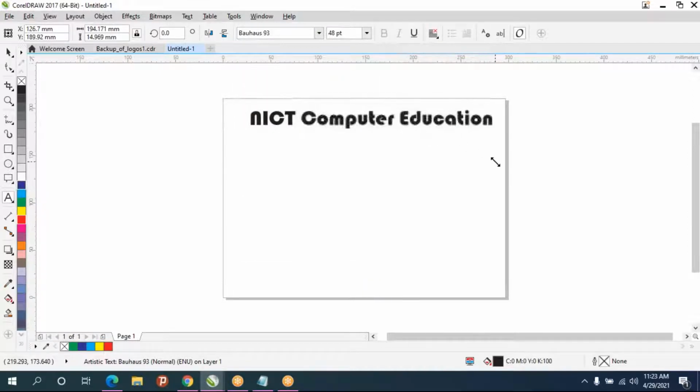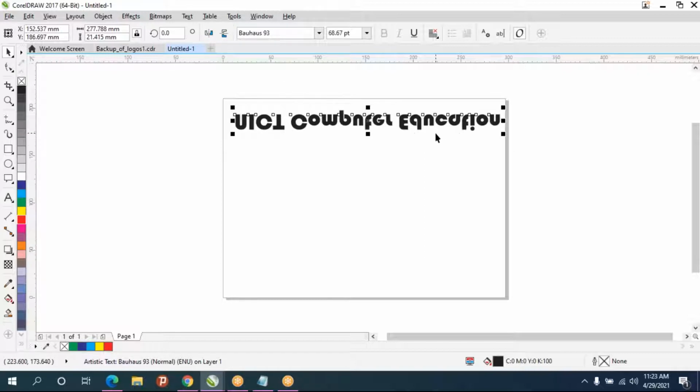So if you want to adjust manually also, you can adjust from the corner. After taking pick tool, you can adjust as you like. You can do like a mirror also. So however you want, you can make that for text also.